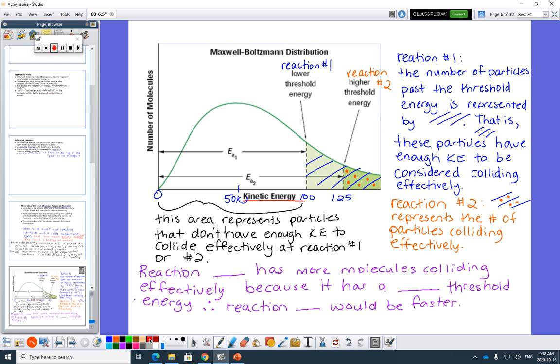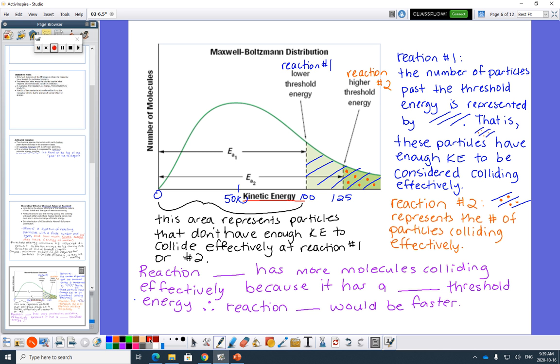So then you look at the curve, and whatever these values have been decided to be, I've randomly just picked 100 and 125. It doesn't matter, right? One of them is lower or closer to 0. One of them is higher or farther from 0. You don't need the numbers either. So if